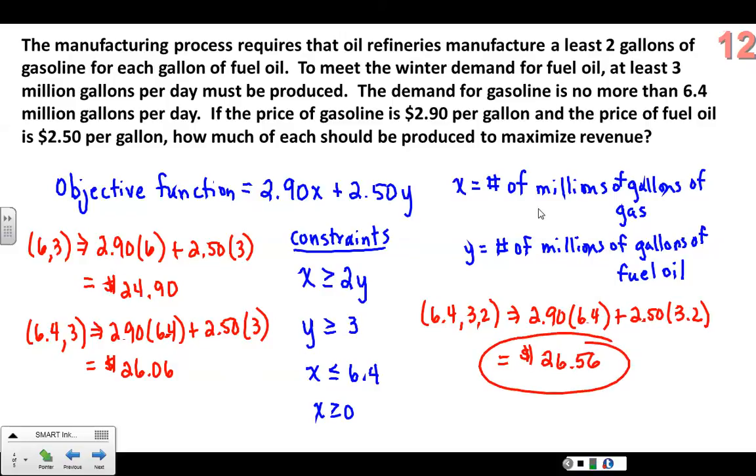So, if the price of gasoline is $2.90 per gallon and the price of fuel oil is $2.50 per gallon, how much of each should be produced to maximize the revenue? So there should be 6.4 million gallons of gasoline produced and 3.2 million